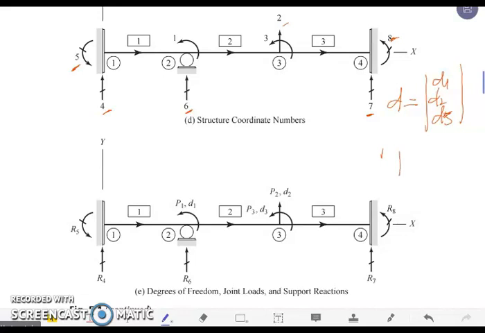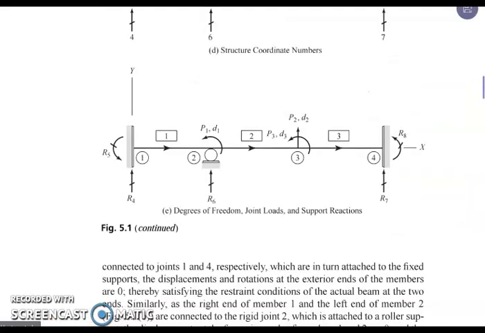So that will be P, there are 3 joint load vectors rather. So this will be numbered as P sub 1, P sub 2, P sub 3. So we have now our joint load vectors. Now, if we're going to identify our reaction vectors, basically